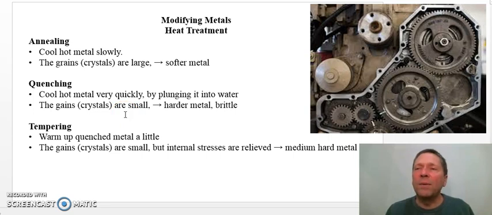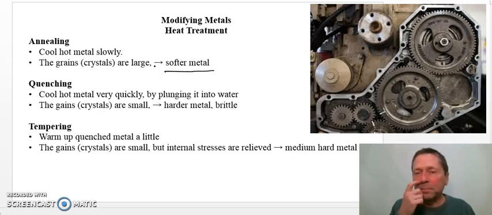Now, we can also treat metal in a certain way, so we change its properties by giving a heat treatment. Now, if we heat the metal right up to a high temperature, the grains or the crystals inside the iron, they're going to grow larger. Then if we cool it down slowly, the grains remain large. And so the metal then stays pretty soft because those large crystals can move around and the metal can bend